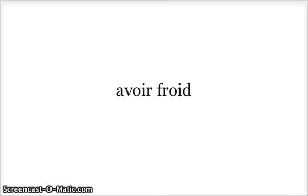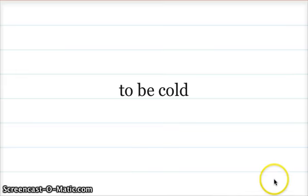Avoir froid. Avoir froid. It's kind of a little hard to say with that F followed by the R, froid. But it is kind of fun at the same time. Avoir froid, it's an avoir expression that means to be cold. So again, for the French, cold is not something you are, it's something you have. All right. Next up,